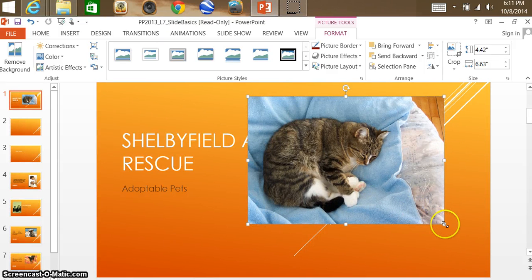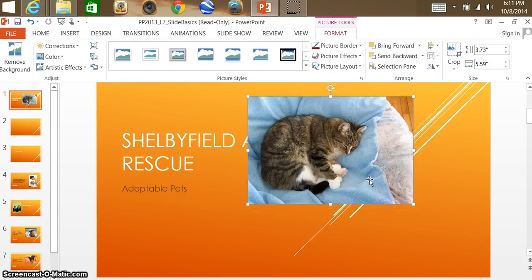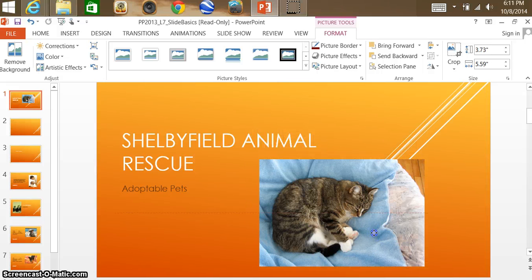And I'm going to resize it a little bit more so it fits. But there's an extra edge on this picture that I don't like, so since the mouse is clicked on the picture, another tab pops up just for that picture, and this one is format. I'm going to crop it,